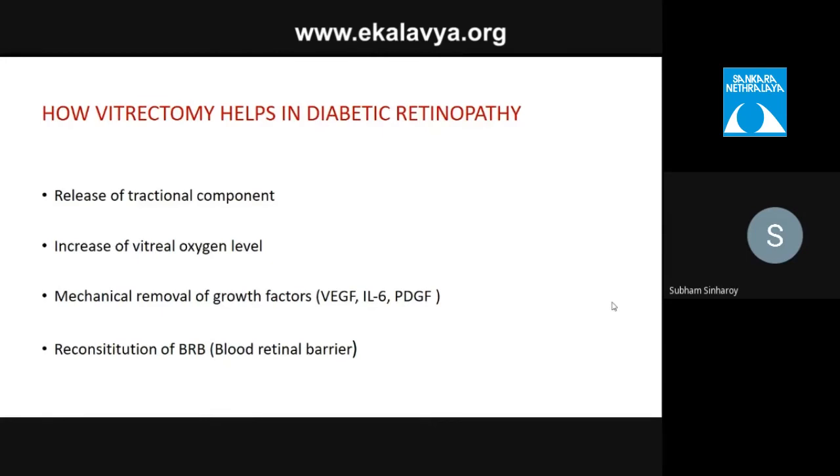So how does vitrectomy help in diabetic retinopathy? Number one, it will release the traction. Traction release is the one goal. Second, after vitrectomy there is definitely an increase in the vitreal oxygen level, so the exchange of oxygen is better.